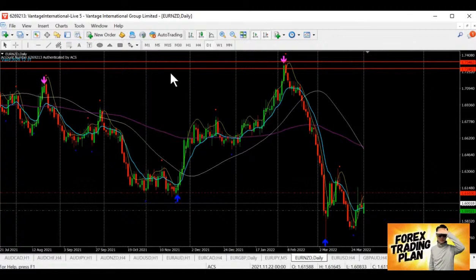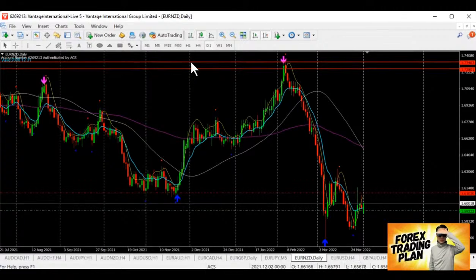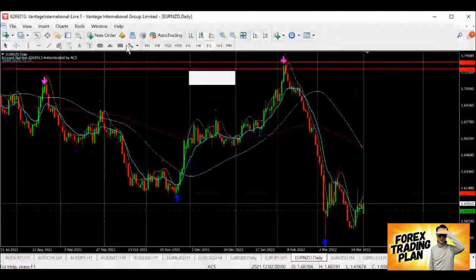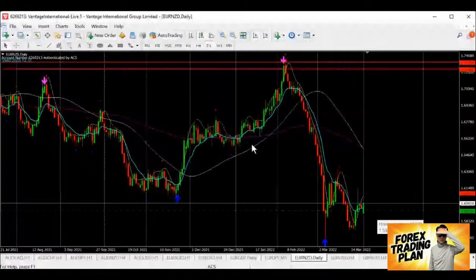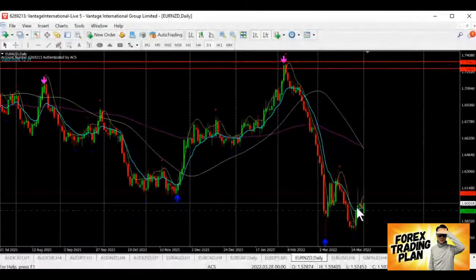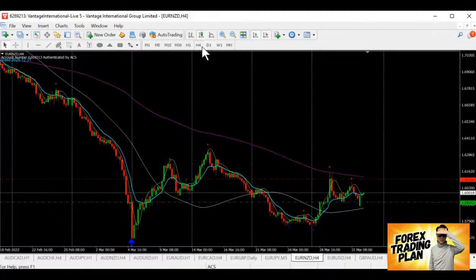Okay, so Euro Kiwi over here. Let's take a look at this Euro Kiwi. After the bear retested the support, it gave a push, and now we are having a higher support. So does it look good? No, I don't think so.